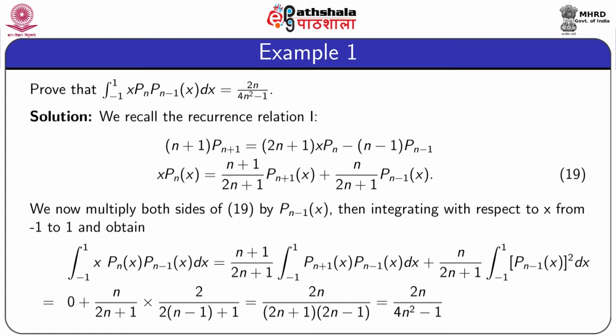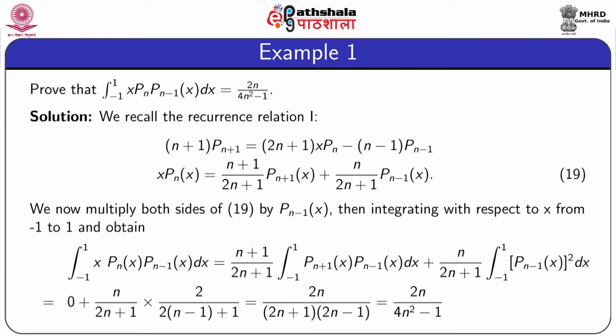Please recall the recurrence relation from module 3, recurrence relation 1, which says that (n+1) P_(n+1)(x) is equal to (2n+1) x P_n(x) minus n P_(n-1)(x), which we can put in the form of equation 19, that is x P_n(x) is equal to (n+1) divided by (2n+1) P_(n+1)(x) plus n by (2n+1) P_(n-1)(x). We now multiply both sides of 19 by P_(n-1)(x) and then integrate